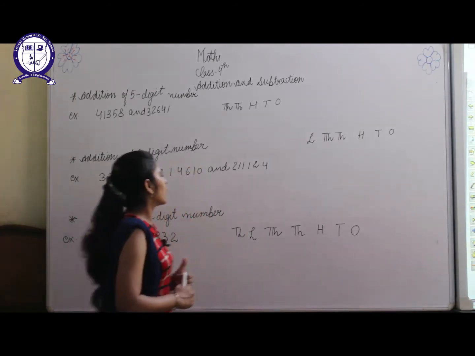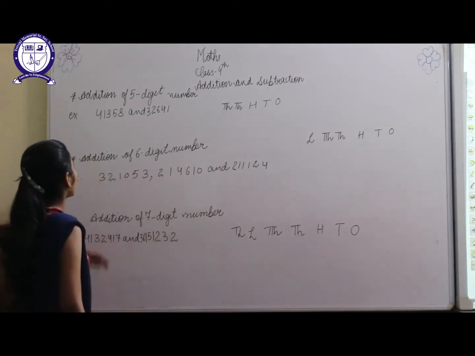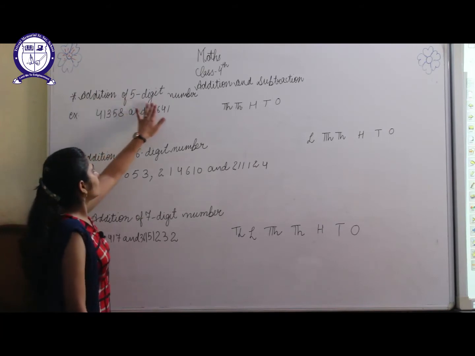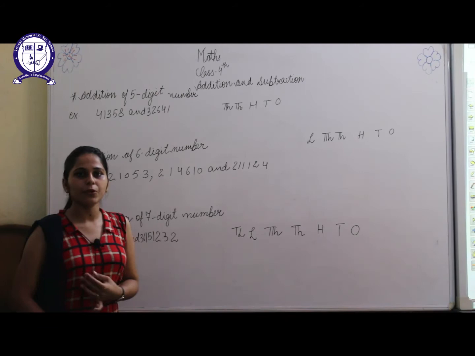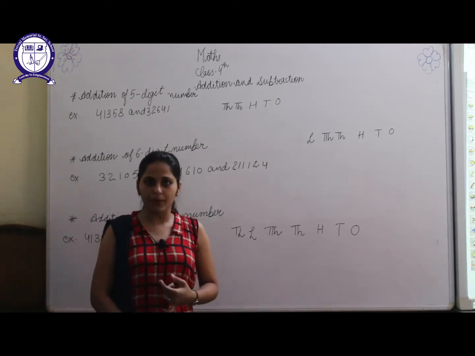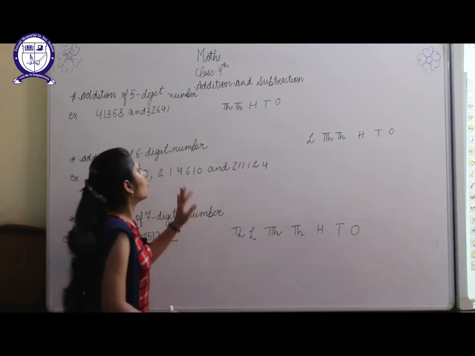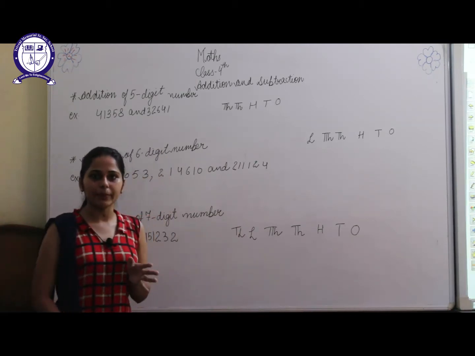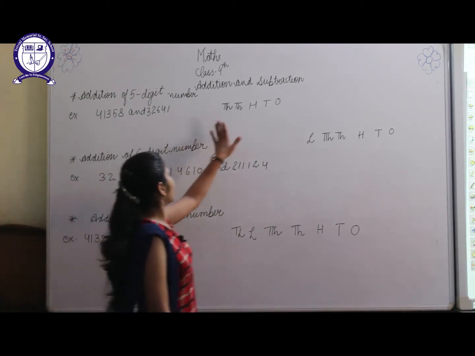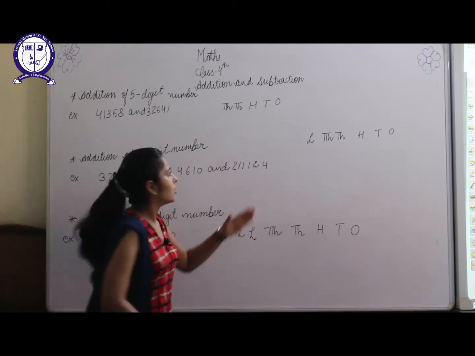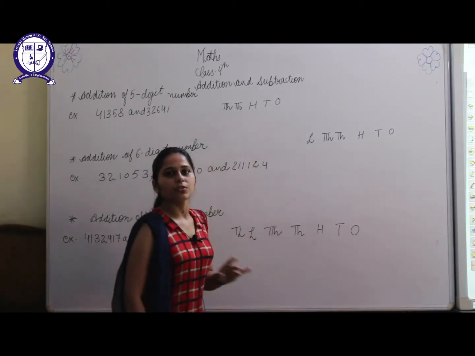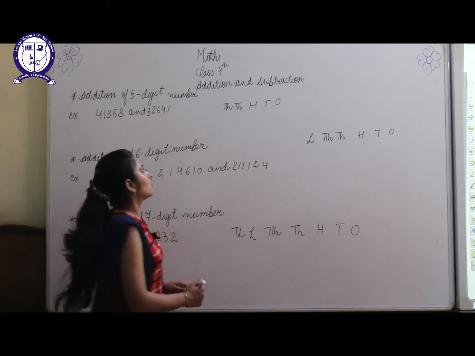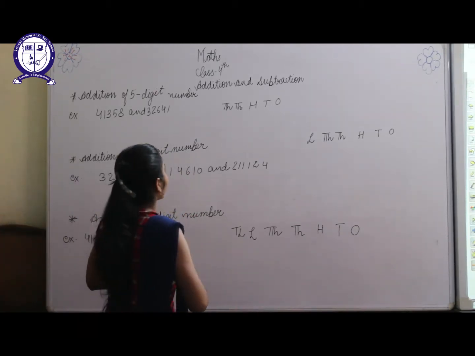So let's move towards our topic without wasting time. Here we have addition of 5-digit numbers, without regrouping. The first step is to arrange the numbers under their place values. You have studied in the numbers class how the place values of 5 digits are arranged: ones, tens, hundreds, thousands and ten thousands. So this is up to the 5-digit number. Start writing the number from the right hand side.